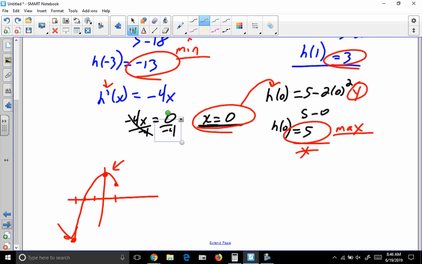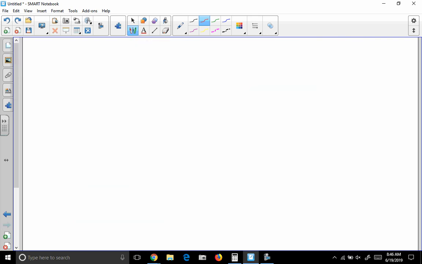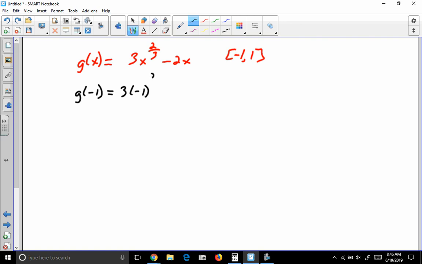So let's do another. And here, let's use the interval negative 1 to 1. So let's find g of negative 1. So if we put in a negative 1,